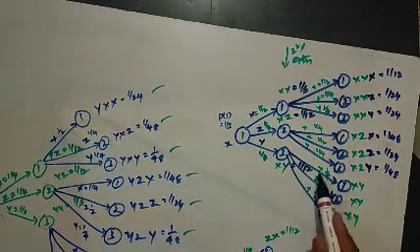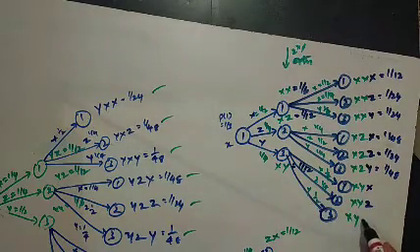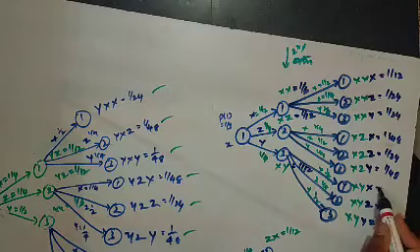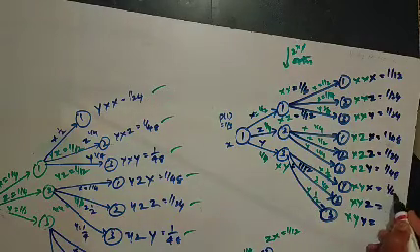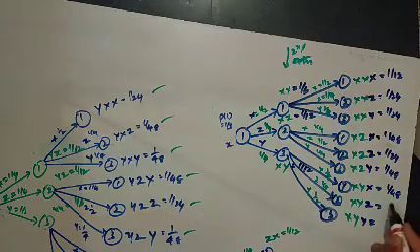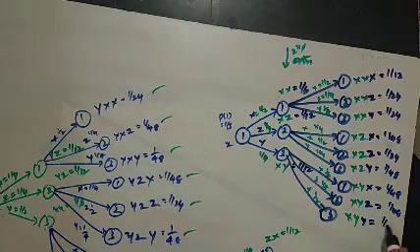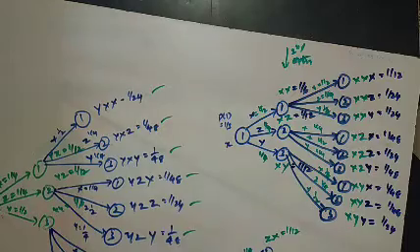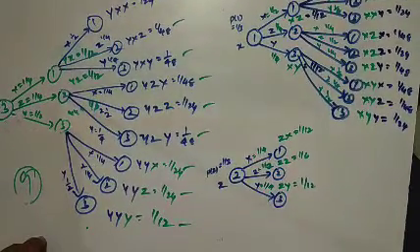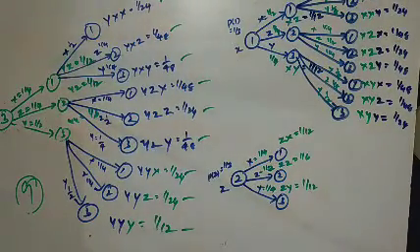Okay, xy, and again the transition is x. For xy the transition is z. For xy the transition is y. The value of xy is 1 by 12. 1 by 12 into 1 by 4 is 1 by 48. 1 by 12 into 1 by 4 is 1 by 48. 1 by 12 into 1 by 2 is 1 by 24. Here 9, totally 18. And now with this I have to get the rest. I'll write first and I'll come to you.